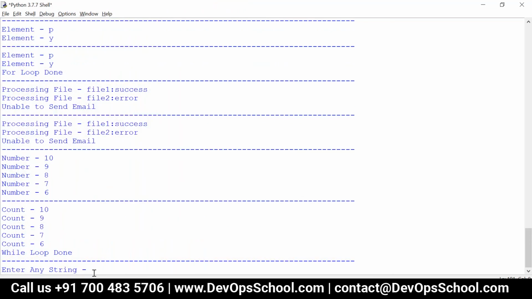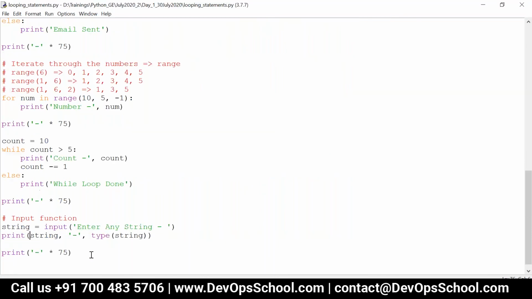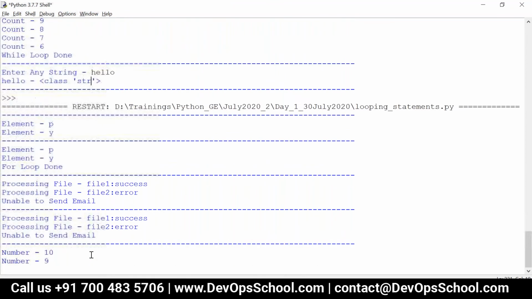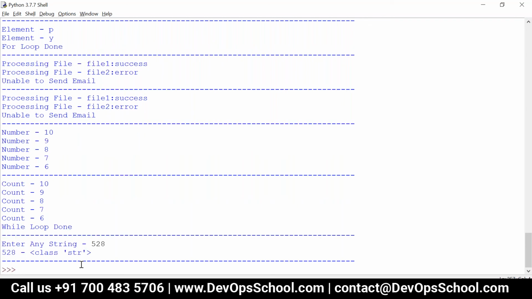So I say hello. You can see class string. Now consider I am entering a number, let's say 528. This is purely a number, but the input function always returns the input in the form of string.